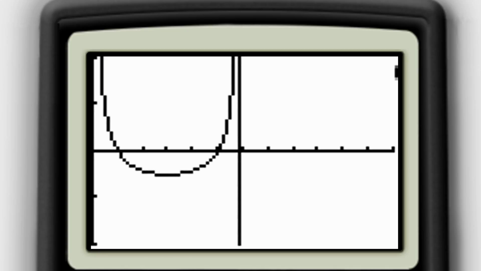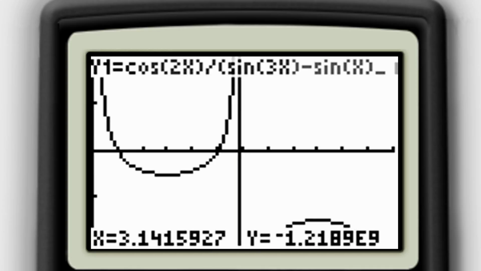Now as you watch it being graphed out, we'll see the graph of the function go through the first tick mark, which is 1 pi over 6, and through the 5th tick mark, which is 5 pi over 6. So confirming that it's crossing the x-axis at those points, or that the y value is equal to 0. Now that's visually, and there's one more thing that we can do to confirm this. If we use our trace feature,